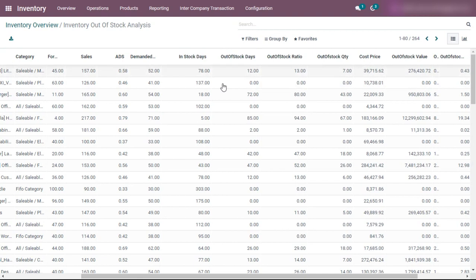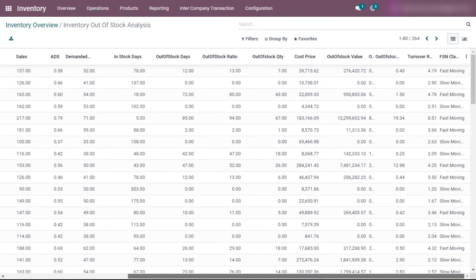And these are the out of stock days for which you may face out of stock situation for this much of the quantity and this much of the amount or out of stock value. So this will help you to track very easily that